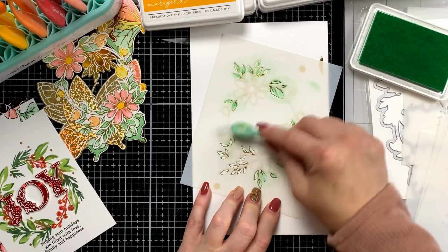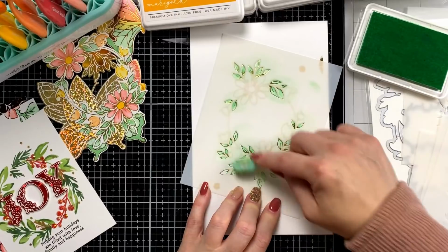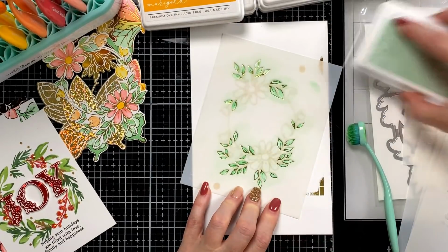You can even be pretty aggressive. I don't really want to with this color because I want it to be pretty light, but I have before and it is going to be fine. And then we're going to keep our stencil in place